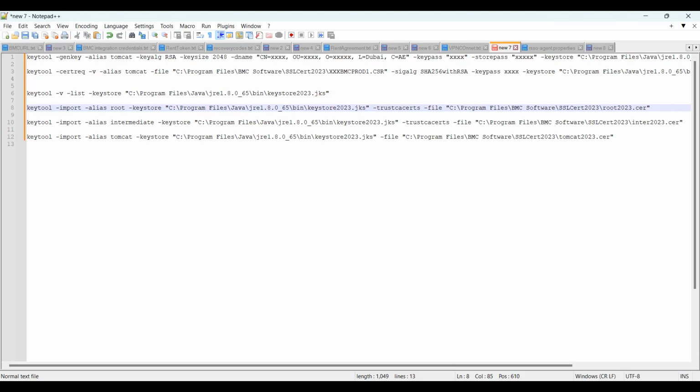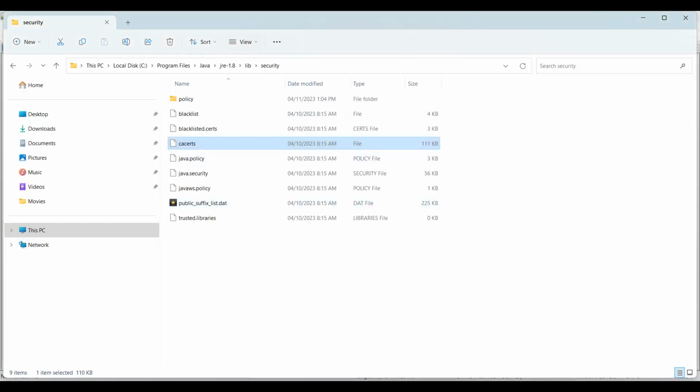The root file is this one. This is what I have generated from that particular certificate. This is root, this is intermediate, and this is the main file. So I have to import this into the jks file. Here I have given an example of jks because I have generated this key. Similarly, now I need to import this into the cert file. So instead of that jks, it will be,